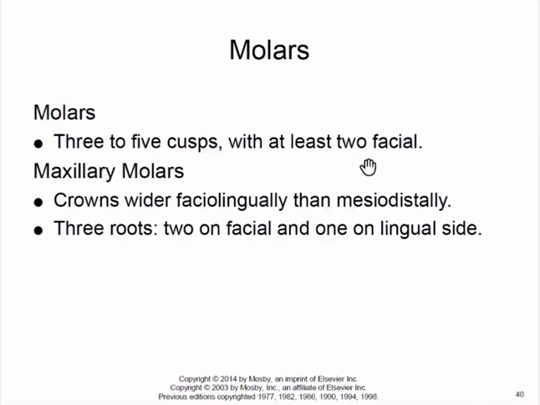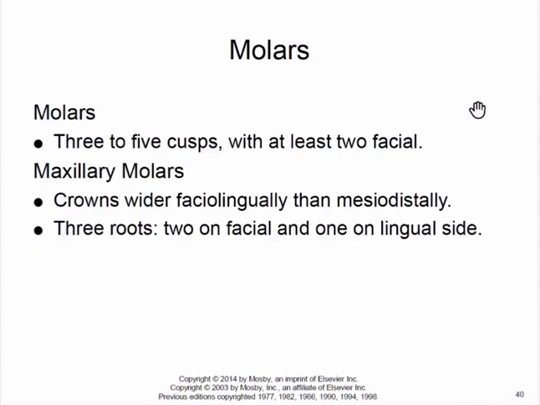Now, as we go more posteriorly to the molars, we will have these general rules that we have talked about: smaller in size, more distal inclination, fewer cusps. Starting from the molars, we have 3 to 5 cusps, 5 cusps in the first molar and 3 in the third molar. We will have more buccolingual dimension than mesiodistal dimension, and we mostly have 3 roots on the